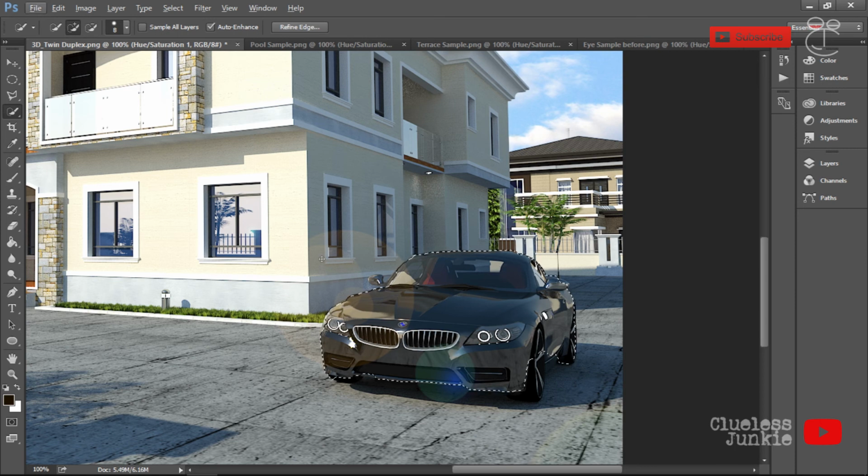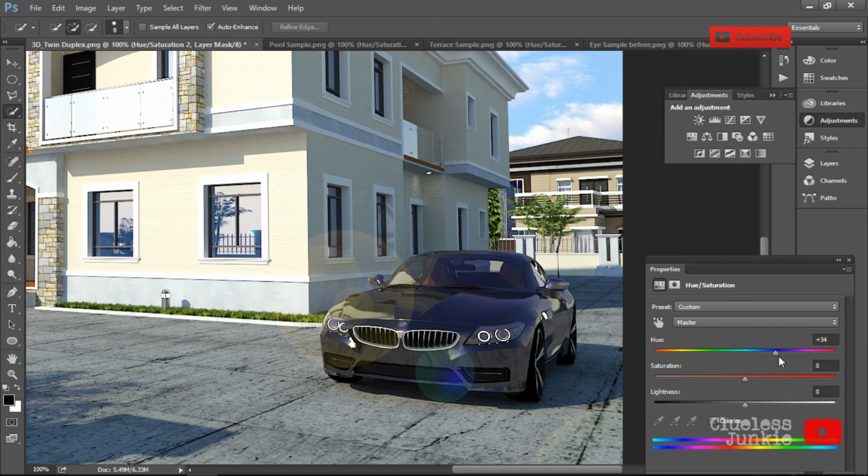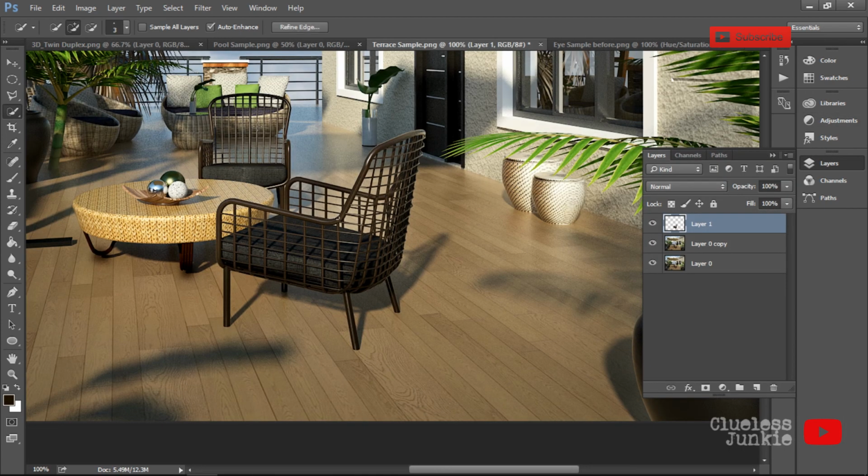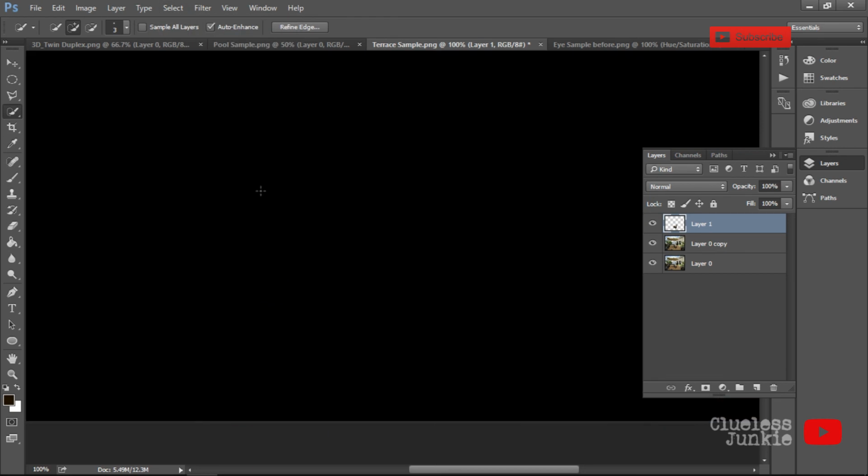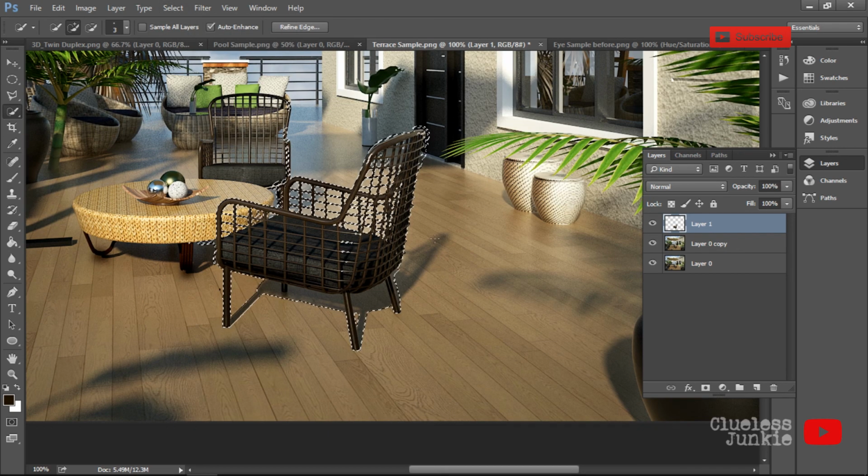For the purpose of this video, we can just select that as thus, and then pick out, try to be detailed a little bit, and once you're done, you go to the adjustments panel and then click on hue and saturation, and then slide that hue knob to the left or to the right, and you instantly see the changes it will make to the selected part of the image. You can do that with virtually anything. That's just the beauty of the hue and saturation